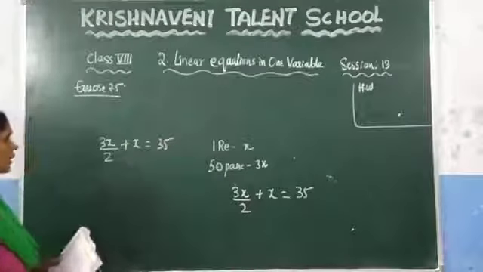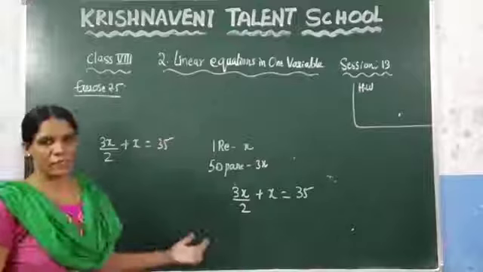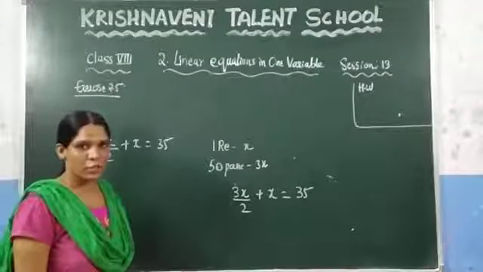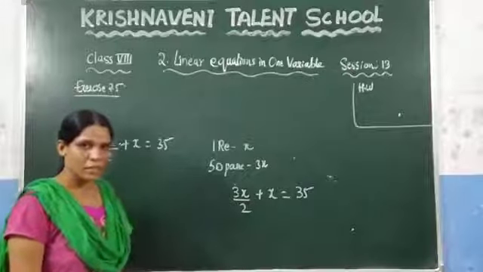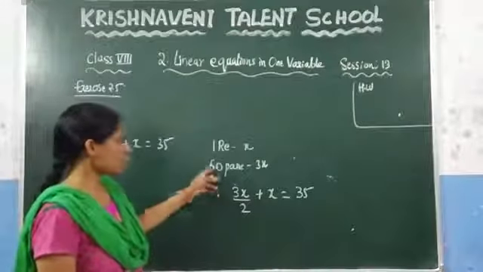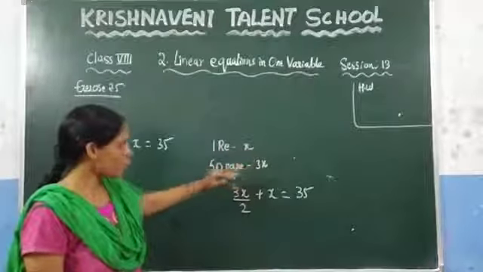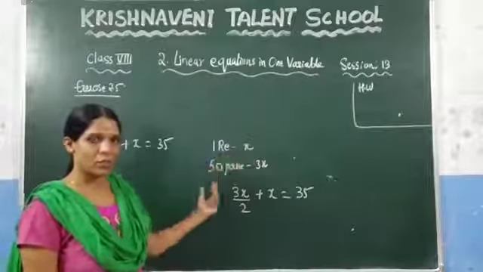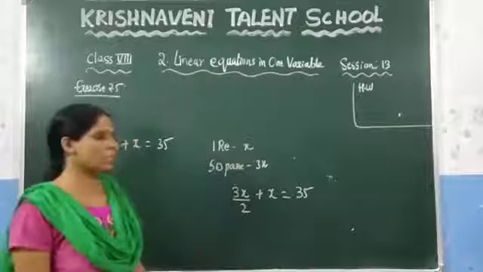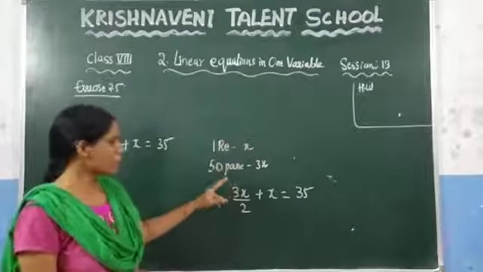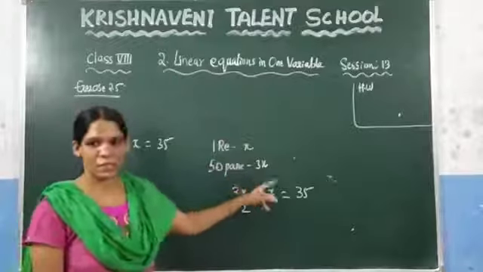Again, what is the question given here? Arvind has a piggy bank. In that are 1 rupee coins and 50 paise coins, and they have given the condition about these two coins: if you multiply the number of 1 rupee coins by 3, you will get the number of 50 paise coins. So let us consider the 1 rupee coins as x. Then the value of the 50 paise coins is 3 into x.